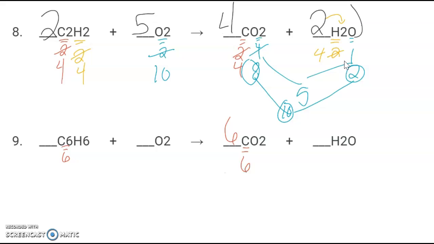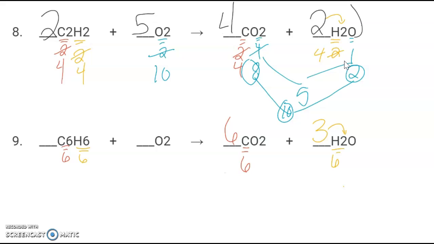For our hydrogen, we have 6 hydrogen on our reactant side. We have 2 hydrogen on our product so far. So what times 2 will give me the 6 that I need? If we divide our 6 by 2, that's going to give us a 3. So 3 times that 2 is going to give us 6 hydrogen. So all of our carbon is balanced, all of our hydrogen is balanced, and lastly,